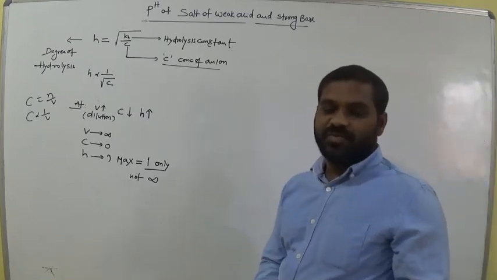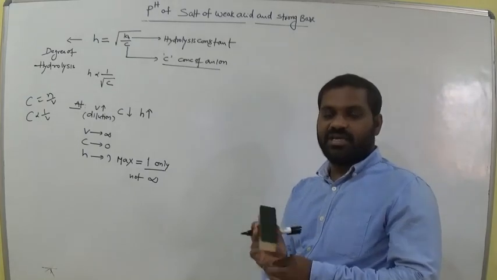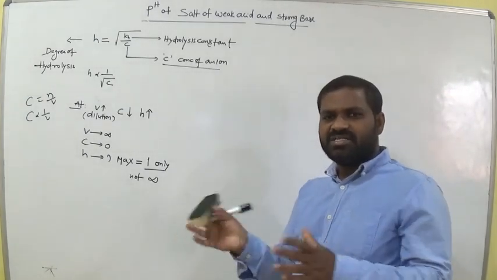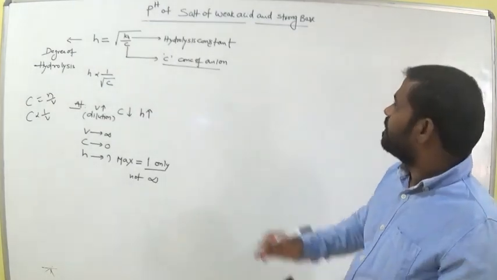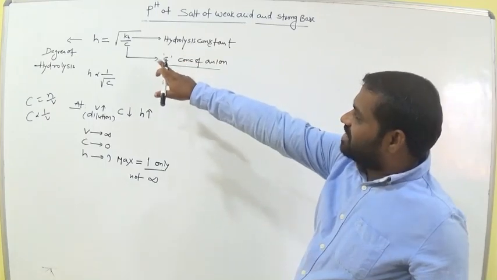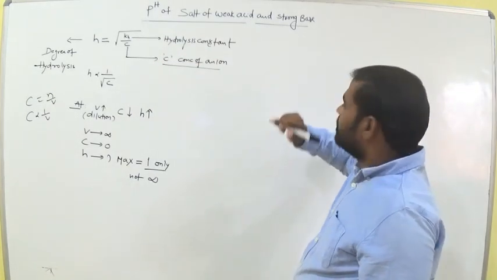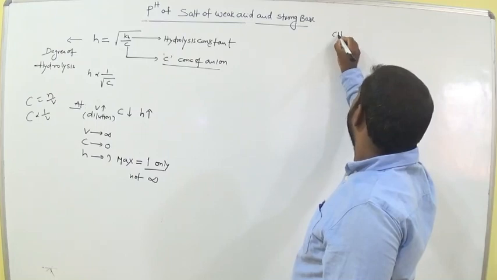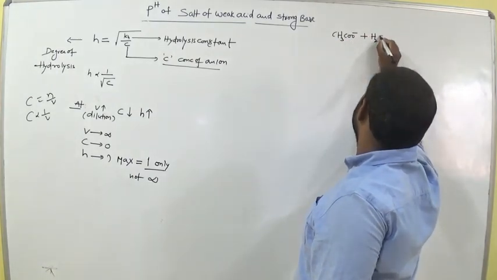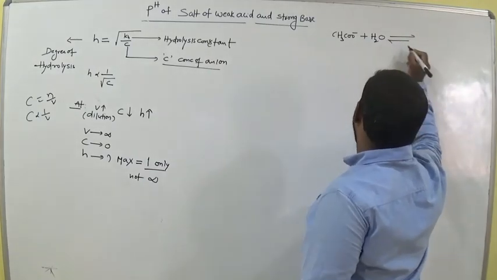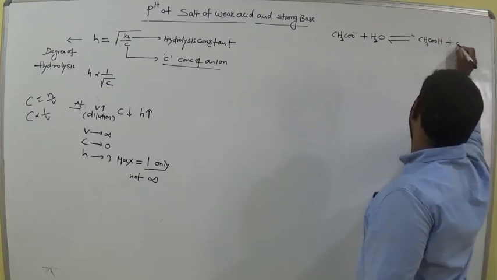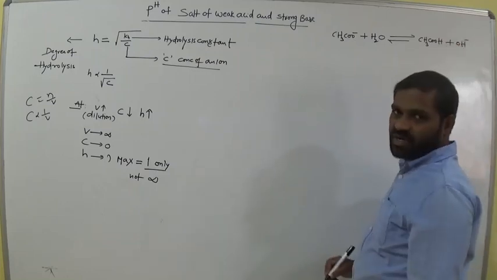So this is the biggest topic in first year chemistry related to ionic equilibrium, molecular equilibrium and acids and bases. It includes 3 parts. Okay. So let's see now. Now we have the expression h equals root of Kh by C. Okay, clear? Now CH3COO minus undergoes hydrolysis and gives CH3COOH and OH minus, am I right? This is the expression we have.